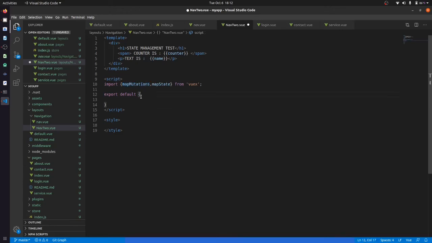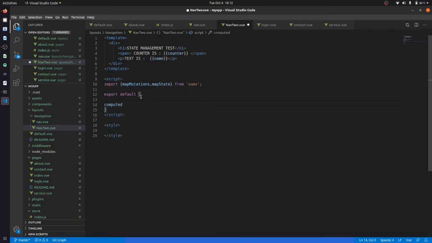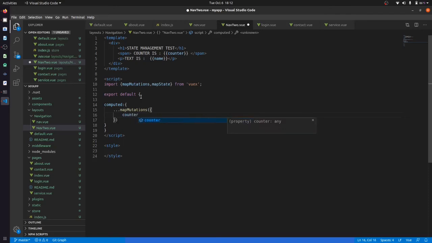Inside our export, we will go to computed, because our data is computed. After that we will use the triple dot for the mapState, and inside that, being a function, we will create a variable named counter, which takes the state and returns state.counter.